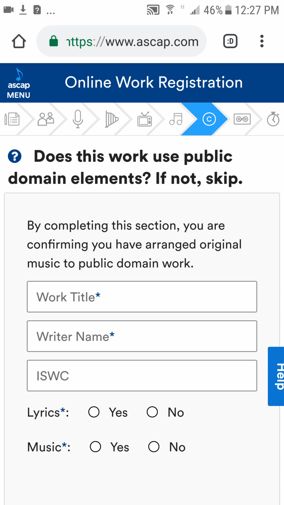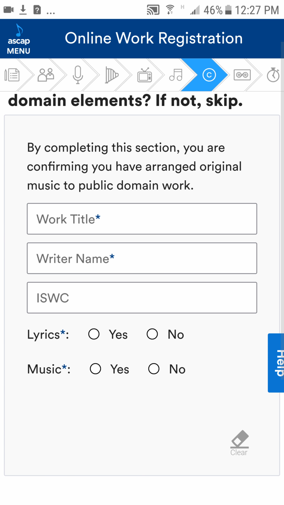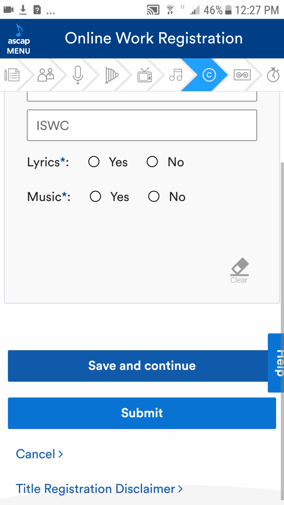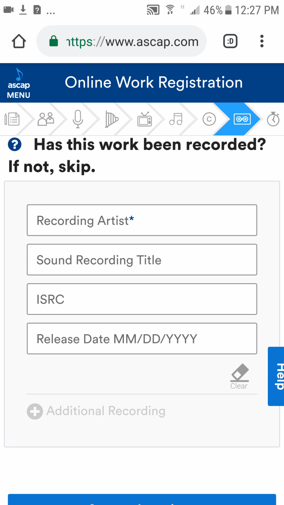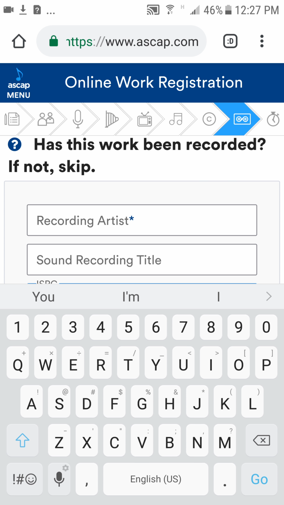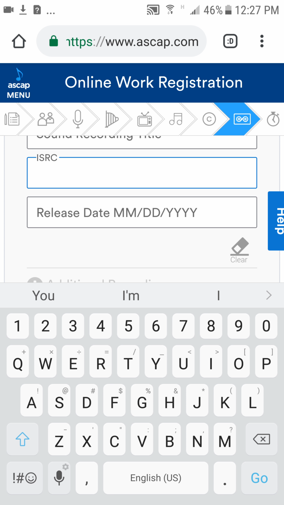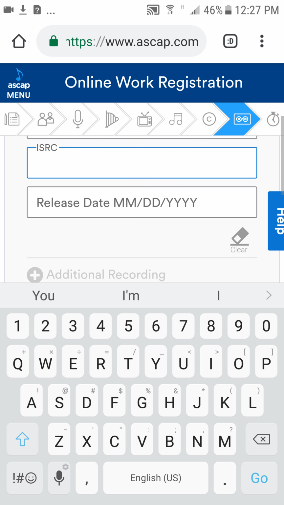And then public domain. If you have any kind of public domain in there, you'll be putting that into any kind of PD work. We don't have anything like that. And then, like I told you, that code you're going to need from DK or TuneCore or anything like that would be put in right here, and you'll be able to copy and put that code in there the day it came out, and that should be it.